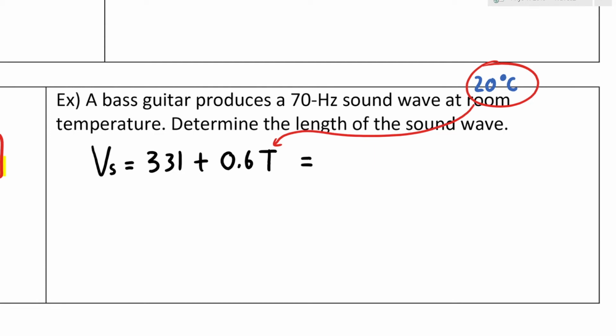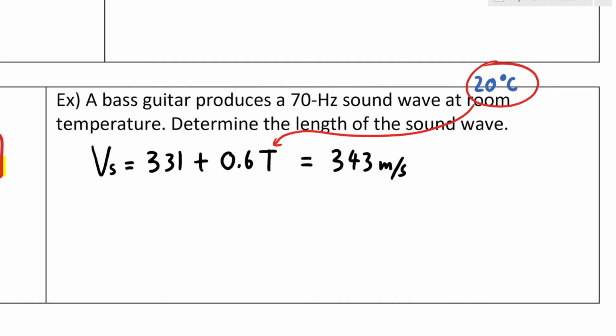sound at room temperature. Or most people actually memorize the speed of sound at room temperature, which was the first value we wrote down, 343 meters per second. It was in the last paragraph that we worked on. So if you memorize it, it's okay. You don't have to work it out. Otherwise, work it out this way.